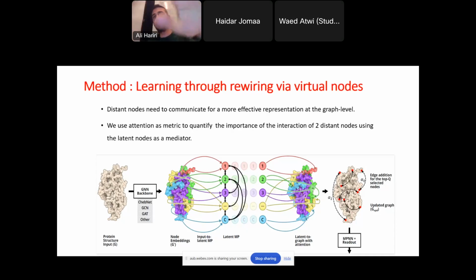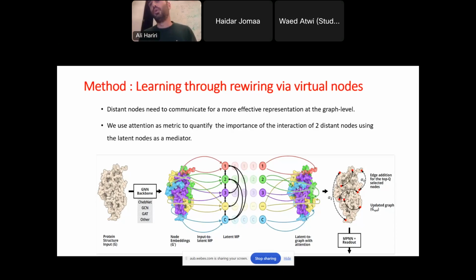If they didn't already encounter each other at the level of the GNN, then they encountered for sure at the level of the virtual nodes. So once I do that, this is already the approach of combining a GNN plus virtual nodes. And you will see this in the table in the next few slides. However, I do an extension of this idea. So not only do I want to fuse local and global, but I want to rewire the graph based on the information that I got from this combination.